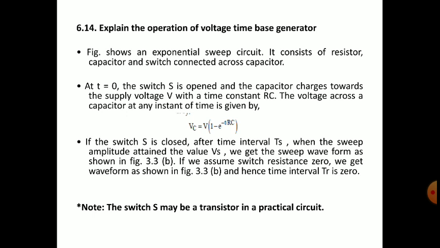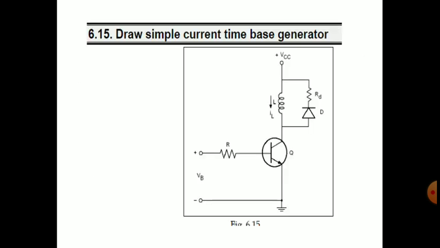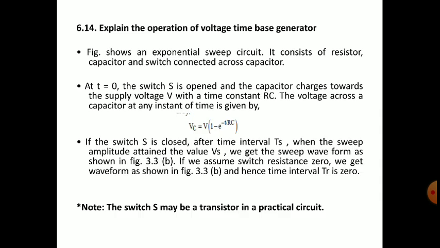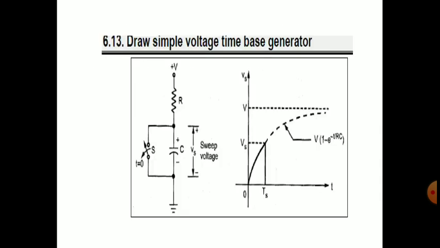If we assume switch resistance is 0, we get a waveform as shown in figure 3.3b. Here it is. After Vs is reached, it has to follow this path, the dotted line, which we indicated as V into 1 minus e power minus t by RC. That path has to be followed by the voltage across the capacitor, that is the sweep voltage. But what we have done, after it reaches Vs, we close the circuit, we close the switch,